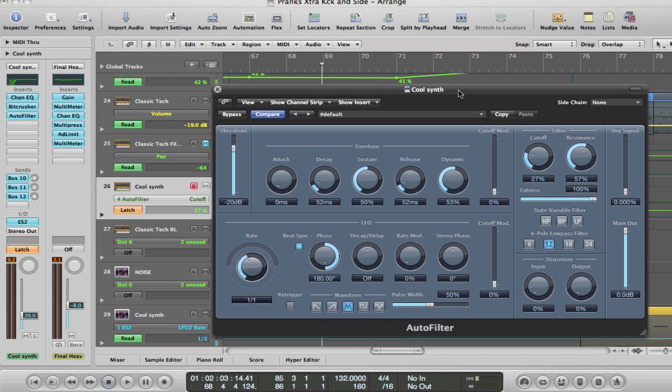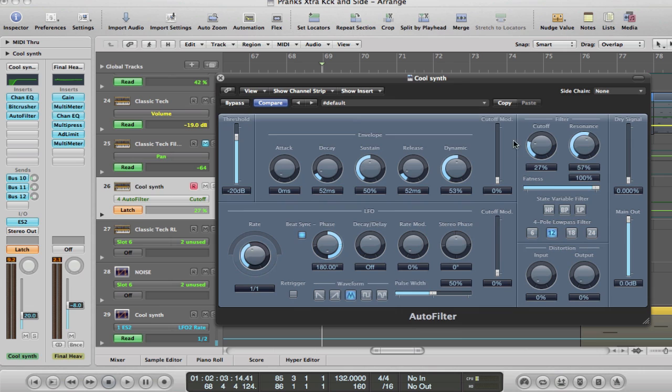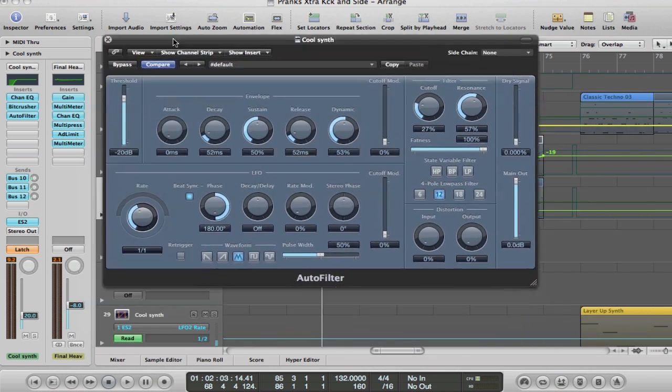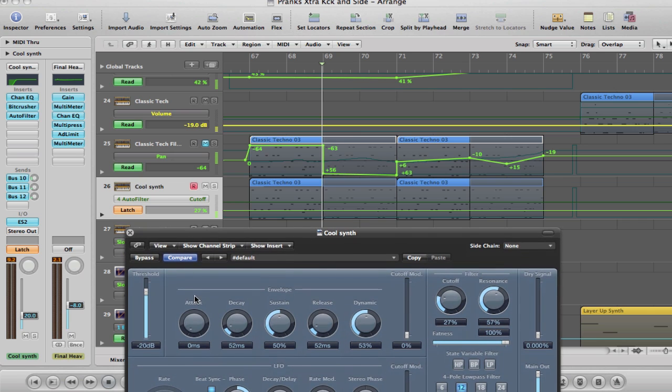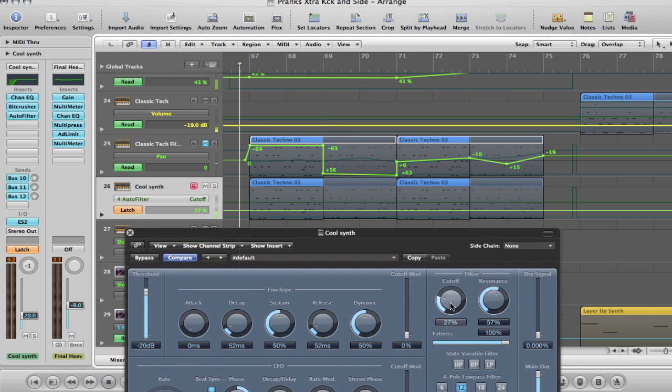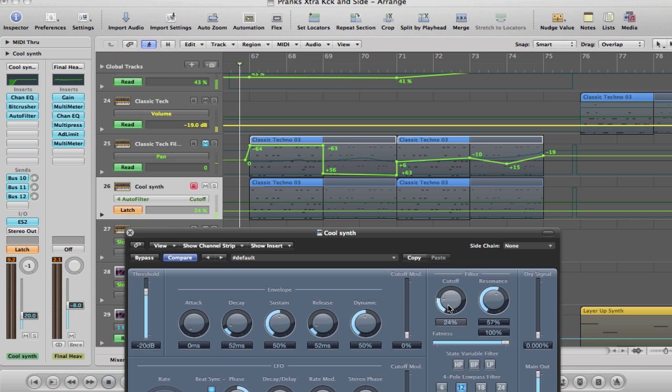That's basically what a filter does, it cuts out certain frequencies, and depending on what filter type you choose, it'll determine what frequencies you're cutting out. So let me put this in a place where we can see it. What you're going to want to do is start at a low number, around 20, 30 maybe, and press play and hold down the cutoff and just move it up and down until you get the build. And then you have it sway a little bit, and once you get here you build it up a little bit more to about